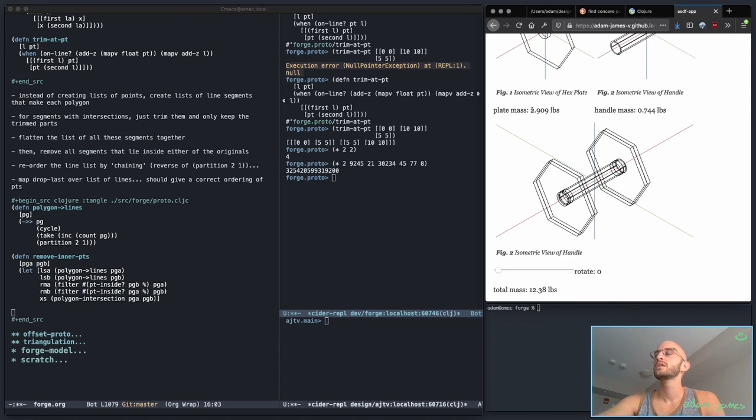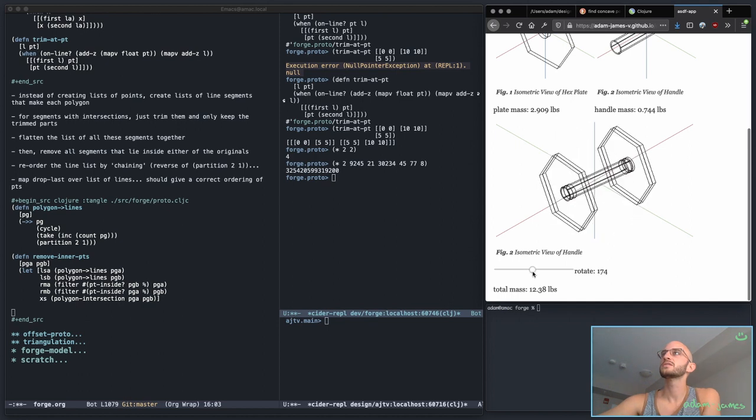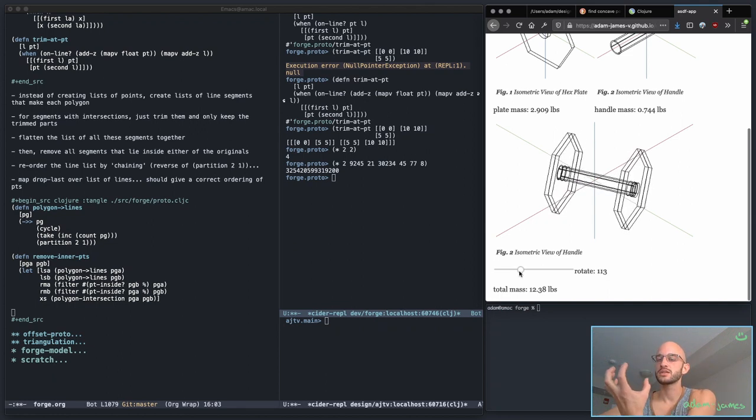So the metrics of interest are the final weights, right? So this is just quite a rough prototype. But the idea here is the user can just specify some inputs and get a design as an